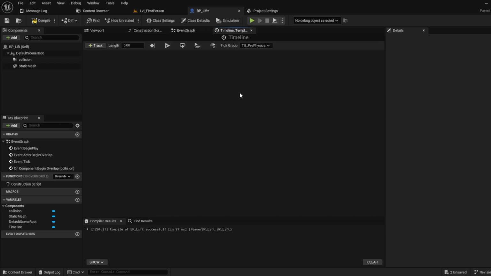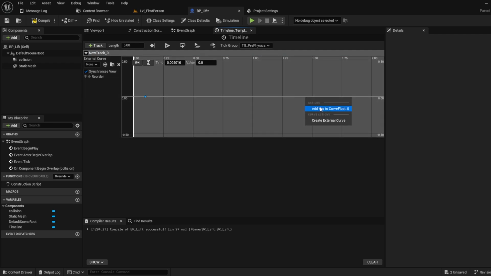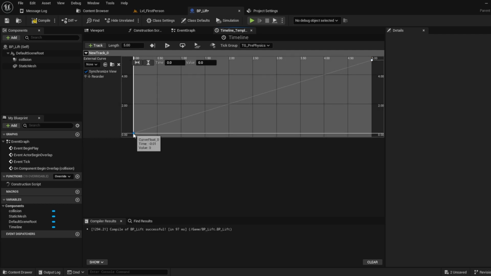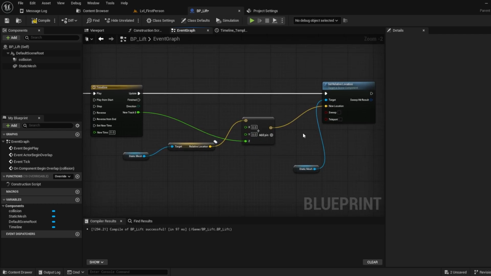Now we're going to go into the timeline, add a new float track, and we'll add 2 points here. Let's set this one to 0, 0, and we'll set this one to 5, 5. Now what you can do is you can play around with this. So we're going to have it slowly build up and then slowly end. But you could have a straight line if you'd like that. So we'll grab our float track and we'll plug this in the Z pin here. Now if we hit compile and save,